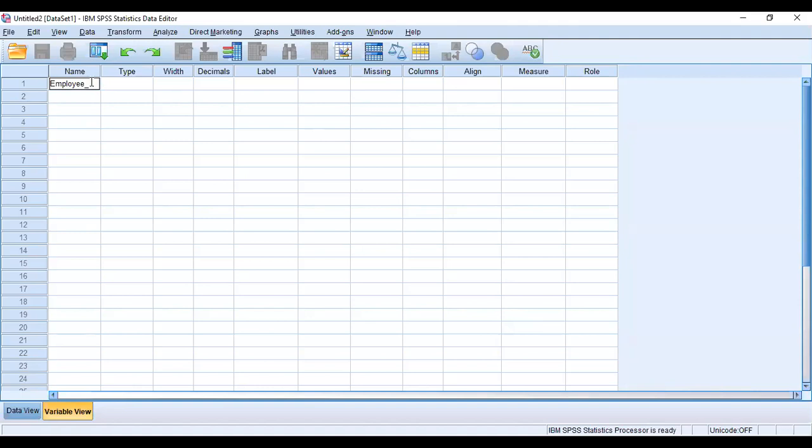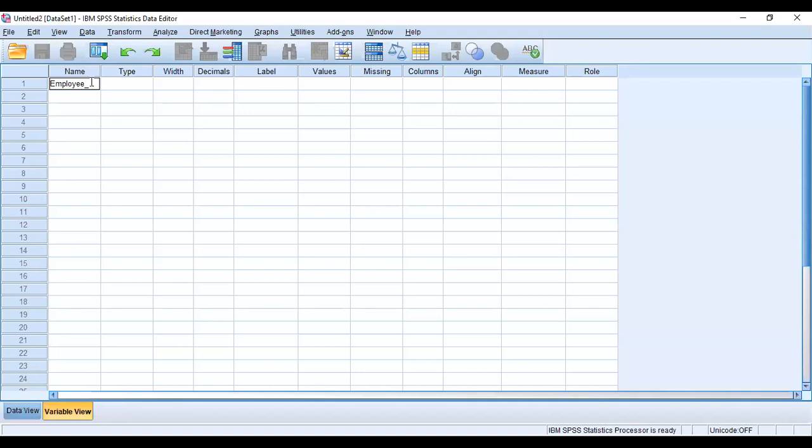In variable view, when we are creating a variable, if the variable name has two words, that is, employee is one word and ID is another word, we can't leave a space between employee and ID. So we need to fill the space by using an underscore.